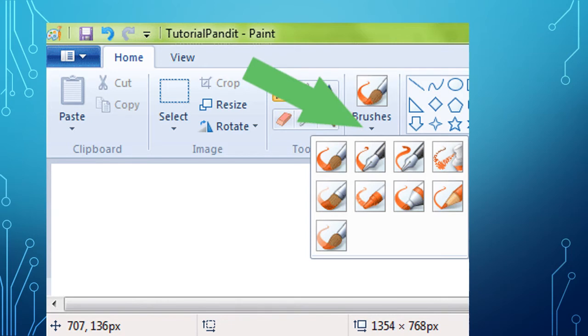Okay, see here, can you see that brushes tool is there, under that one small arrow is there, right? Click that arrow, then some artistic brushes will be visible. From that you can select what type of brush you want.